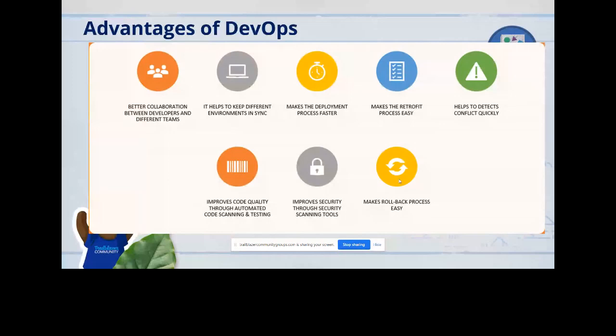So when you have a code repository, the advantage is that it always keeps a history of your changes. And you can always go back to a particular stage of your branch, and you can deploy that to production directly. So that is another advantage with the DevOps process.